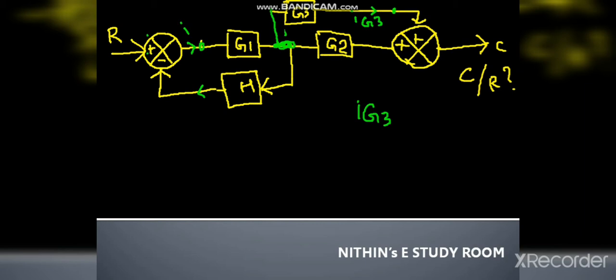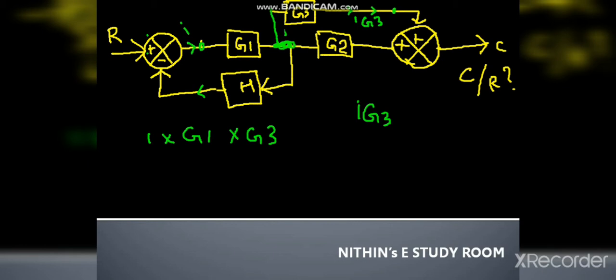Okay, now please tell me, what is the value appearing here? Is it again still I into G3 or something else? No, it's not I into G3, it is I into G1 into G3, because now the effect of G1 also comes in this block, because you are shifting the takeoff point to a point just after G1. So G1 is also coming into that. So you have to eliminate the effect of G1.